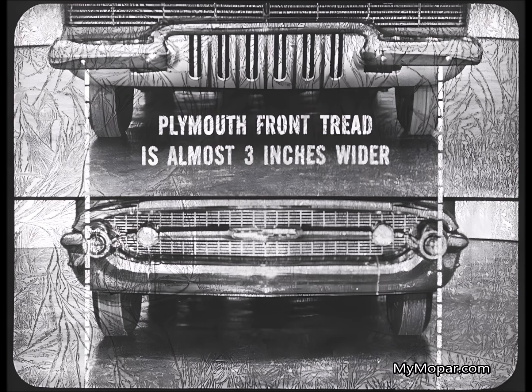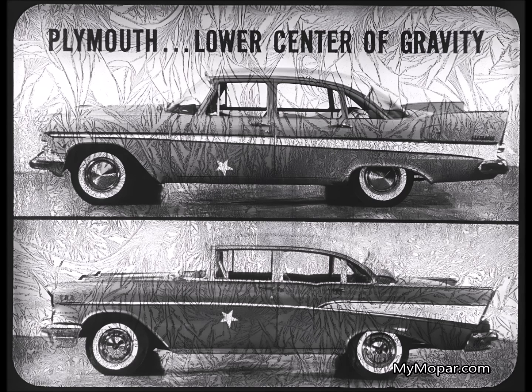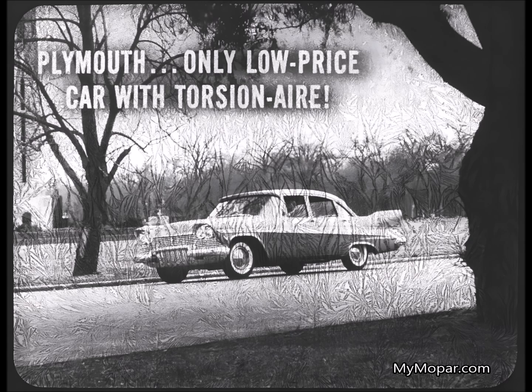And putting wheels farther apart is a big factor in a stable, controlled ride because it means better weight distribution. And of course, as we've mentioned before, Plymouth, being a much lower car than Chevrolet, just naturally has a lower center of gravity to give our car more stability and steadier control on all types of roadway. And remember, the 1960 new Plymouth is the only low-price car that offers torsion-air ride, so it's well worth a